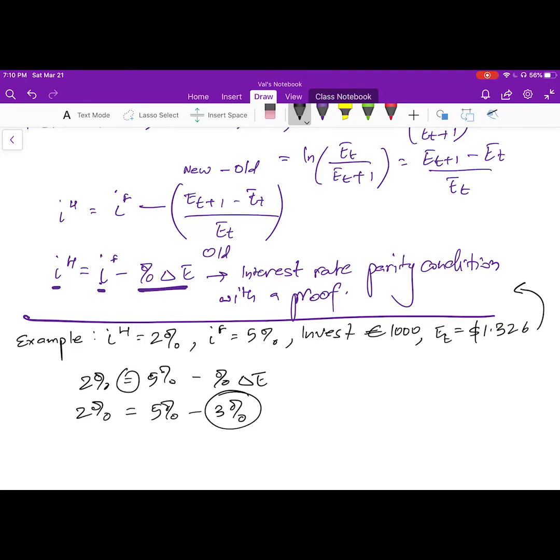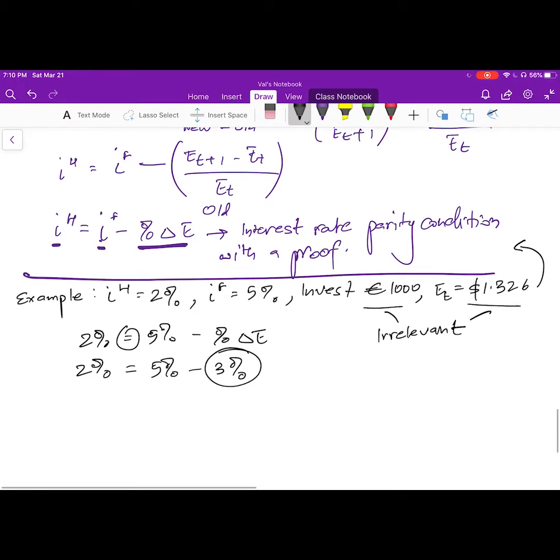So the answer to the question, without doing any math, as you can see, all of this is irrelevant, because the percentage change in the exchange rate has to be 3%,